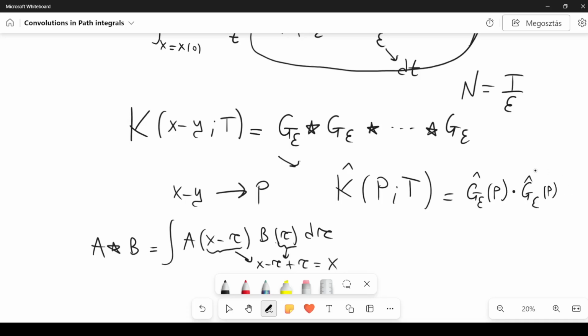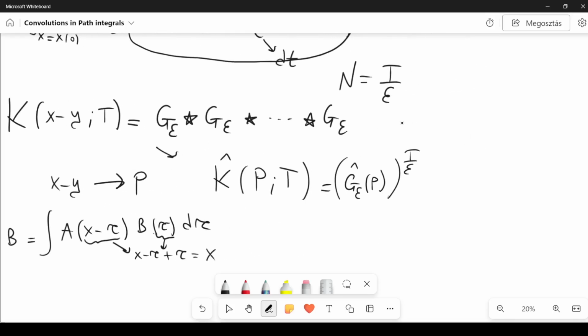n times. So we can simply write this raised to the power n, or t over epsilon, because n is equal to t over epsilon. But now, the Fourier transform of a Gaussian function is still a Gaussian function. This is the property of Fourier transforms and Gaussian functions. This will be another Gaussian function. In particular,